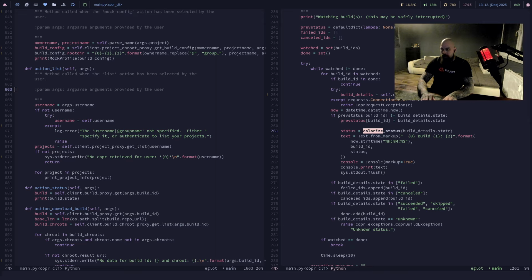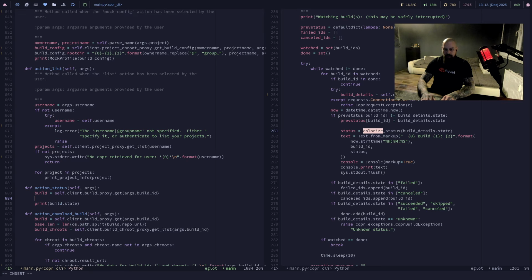So status equals colorize status. So we will do status build state, colorize status build state like this, which is our status, and then